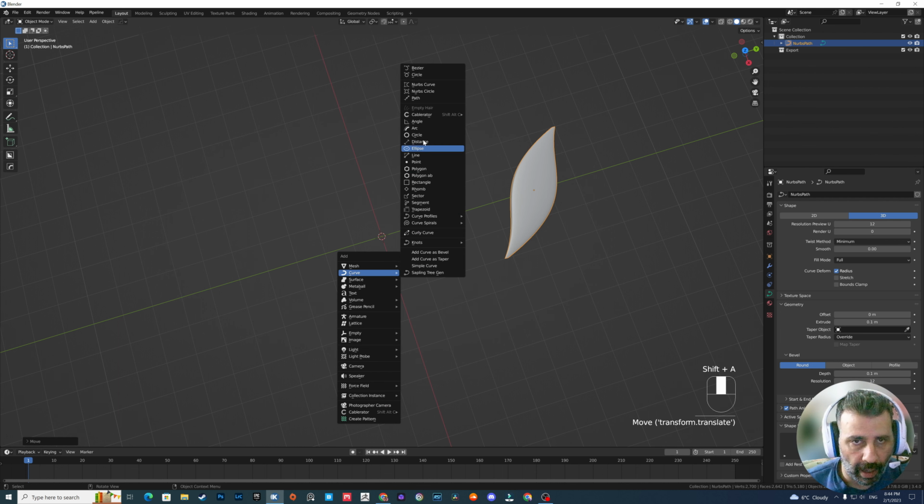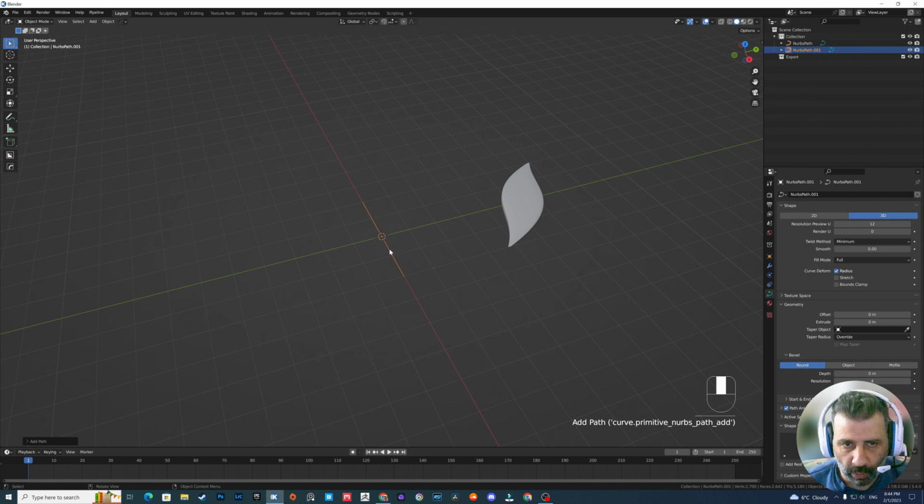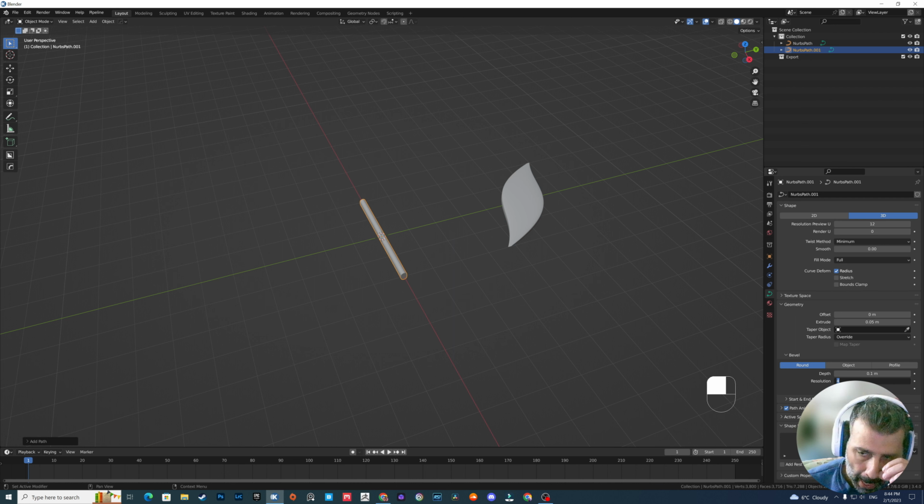We add another path. This will be used as a branch. We do the same, extrude by 0.5 and the depth is 0.1. Fill the caps, set the resolution to 12, and let's begin.